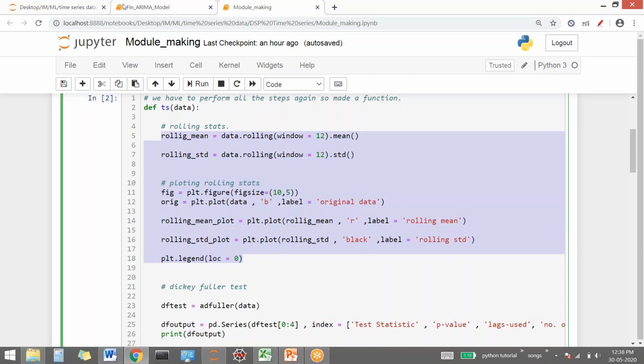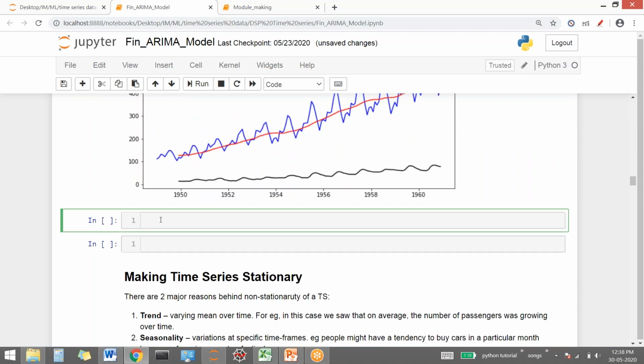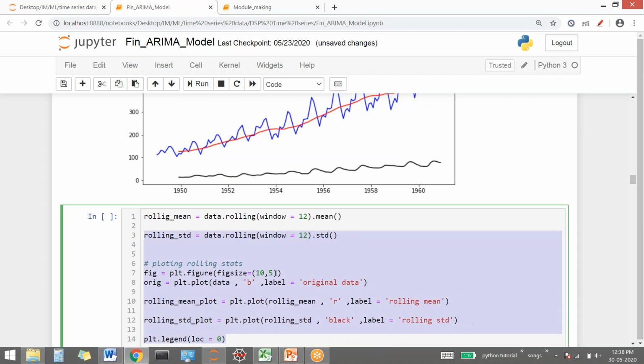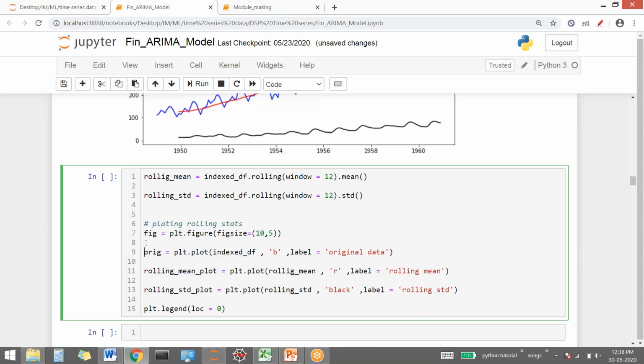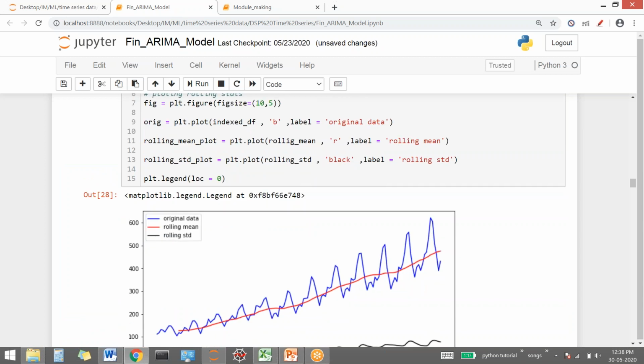I'll run it individually so that you're able to visualize how things came. You see, this is my graph.